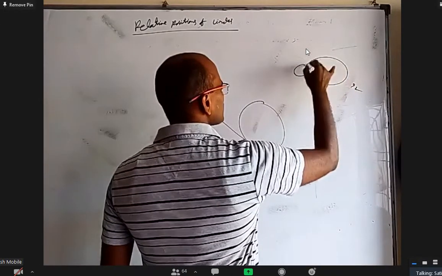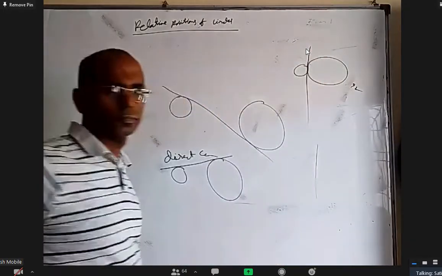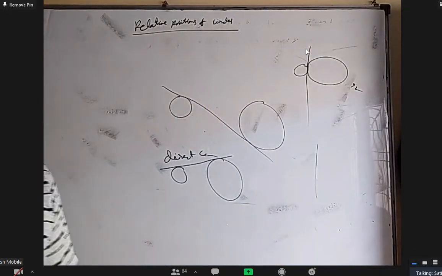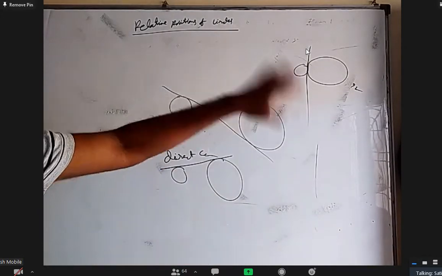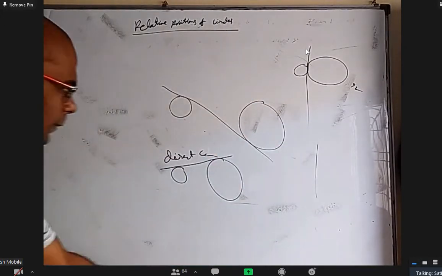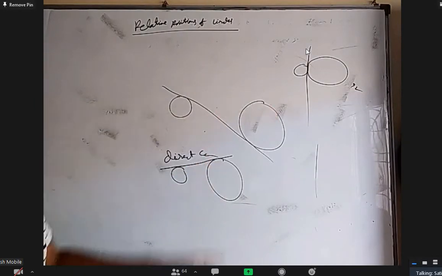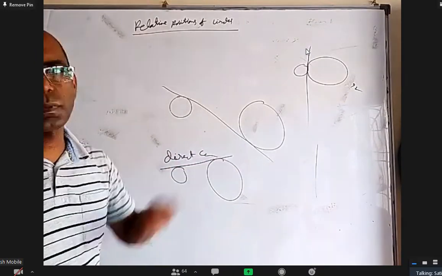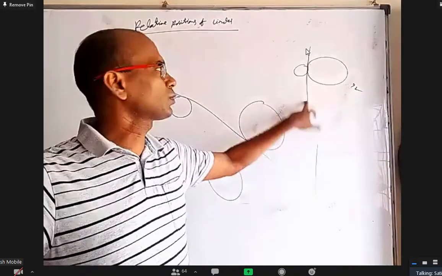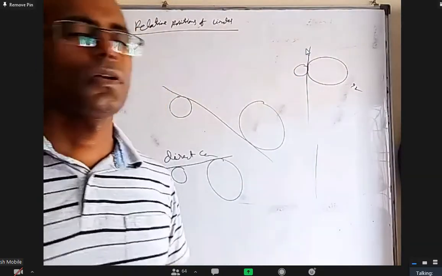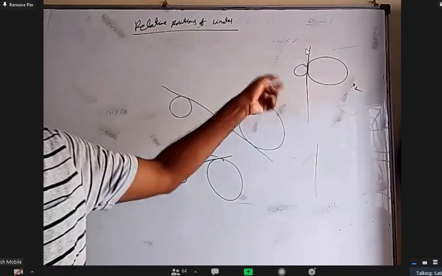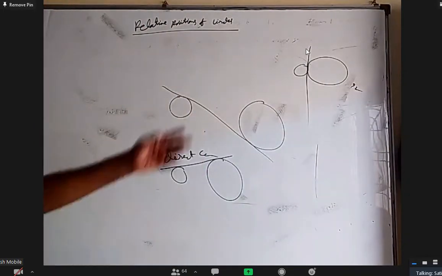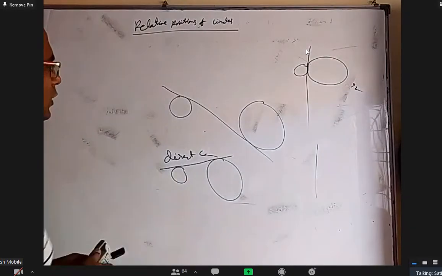If we take two circles like this and take this tangent, which kind of tangent is that, direct or transverse? Transverse, because one is on this side, one is on this side, right? Of course, there is a difference, because this is a tangent to this circle at this point and to this circle at this point, whereas this is tangent to both circles at the same point. Okay, so that is called a common tangent at the point of contact. But anyway, we'll see.